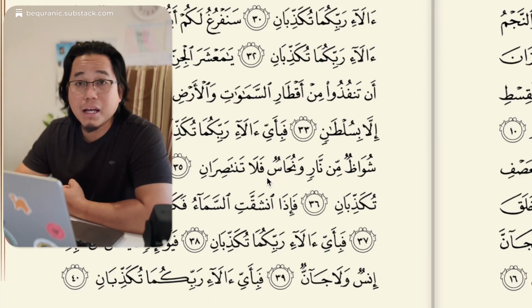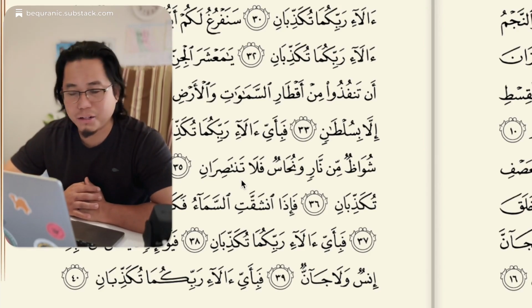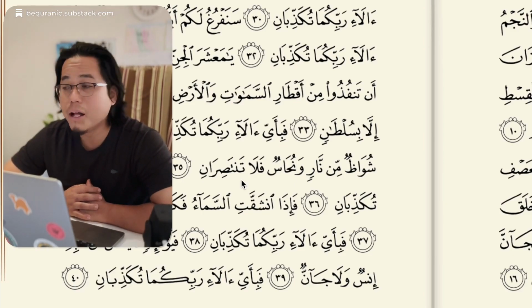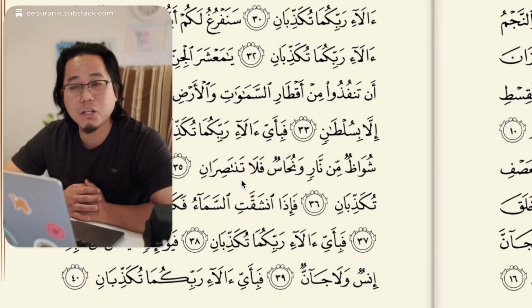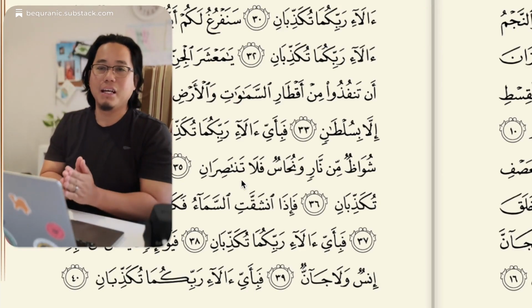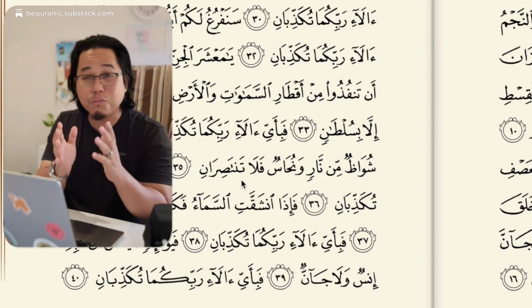وَنُحَاسٌ فَلَا. If you read it as nuhasun fala, you're reading an idhar, which is not correct because this is ikhfa. You've got a tanween meeting a fa. Fa is not one of the letters of the throat, and fa is also not yarmalun. Fa is also not ba. So it has to be ikhfa. Ikhfa is easy. If it's not idgham, not iqlab, not idhar, it has to be ikhfa.